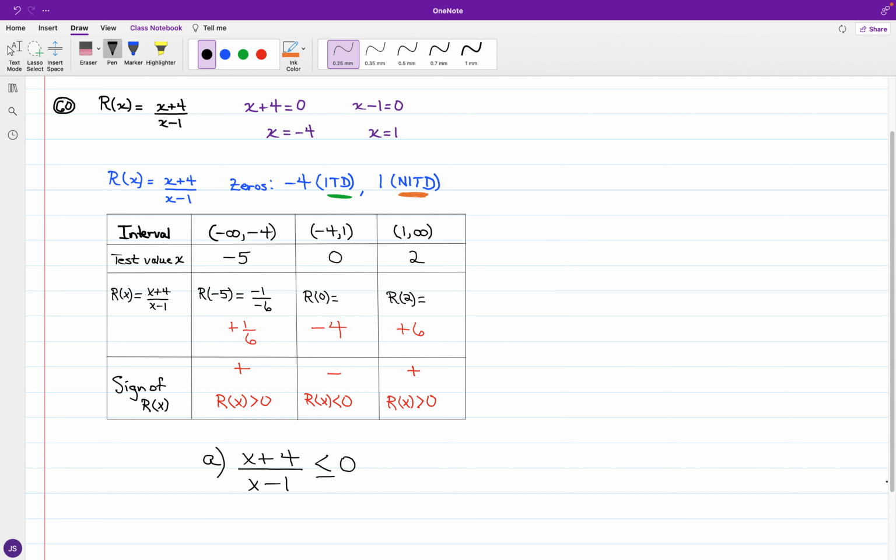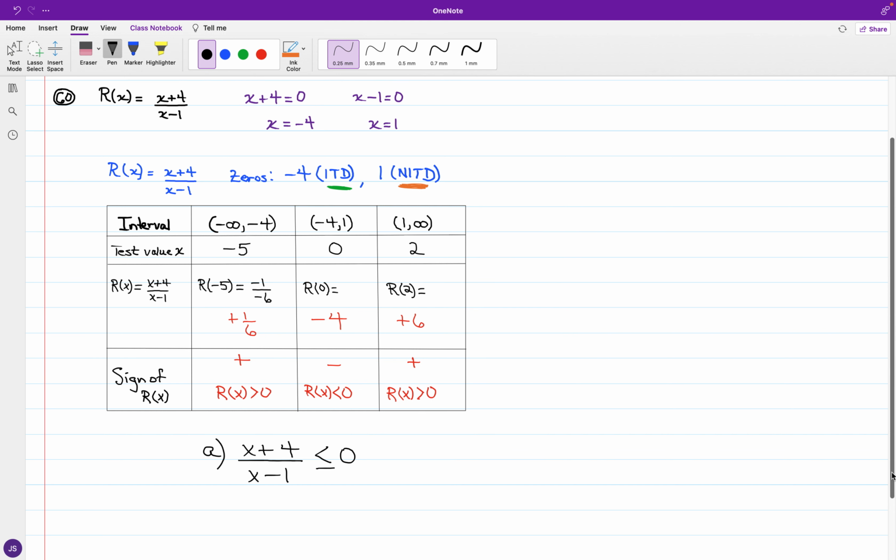So we have x plus 4 over x minus 1 is less than or equal to 0. Okay, so we're looking at where we have r of x to be less than or equal to 0. And for what we will have in the case of the solution,